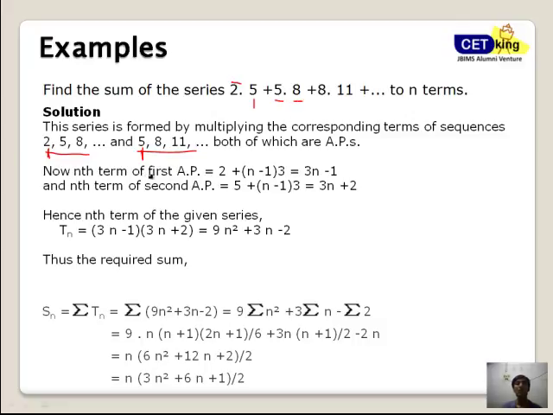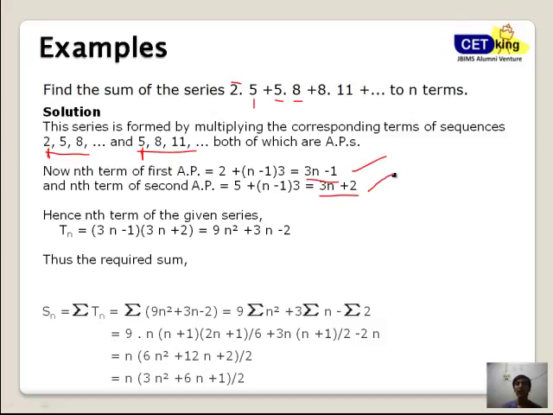Now the nth term of the first AP is given as 2 plus (n minus 1) times 3, as the common difference is 3, which is 3n minus 1. Similarly, the nth term of the second AP is given as 5 plus (n minus 1) times 3, which is 3n plus 2. Alright, thus the nth term of the given series would be the nth term of the first series